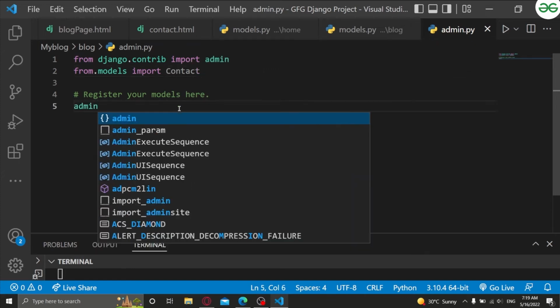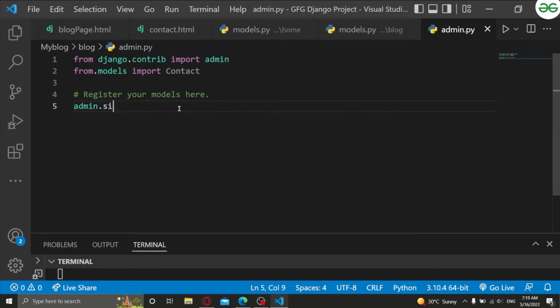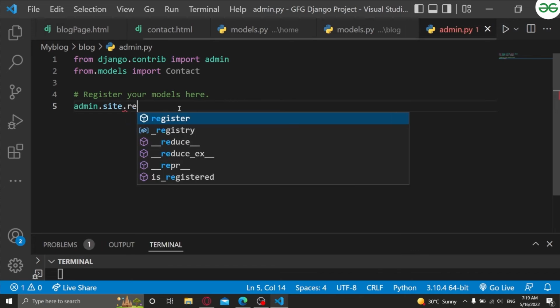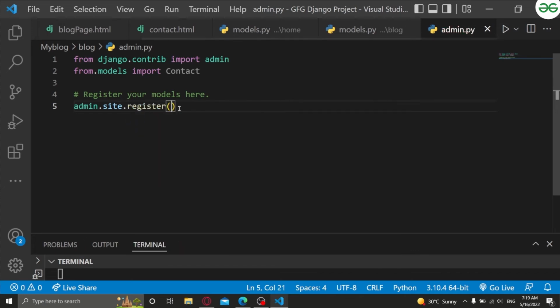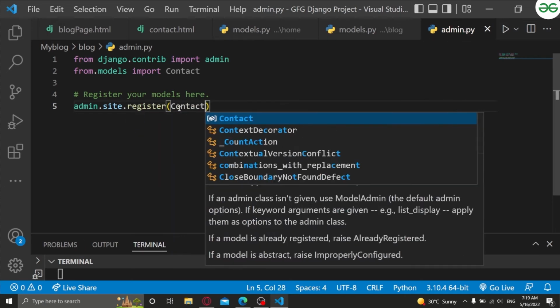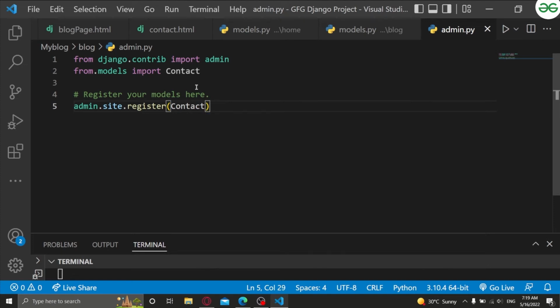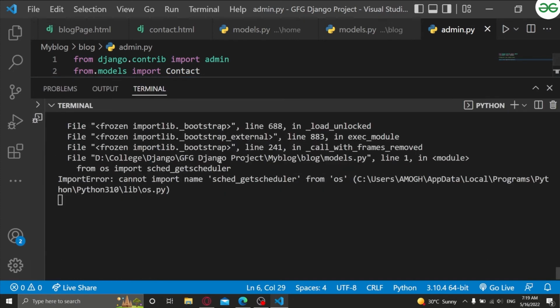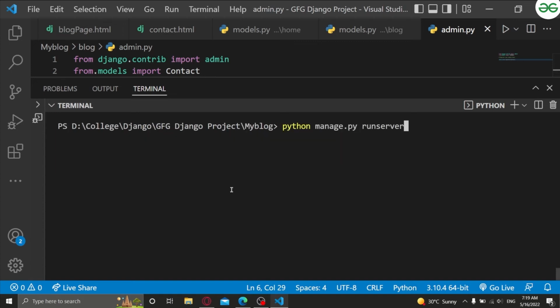Now I will write admin dot site. What I'm writing, admin dot site, means that in the admin side, register a model named contact. Right? What I have written, see, it's simple English. If you read it, you will understand: in the admin side, register a model named contact. Okay? We wrote this, and let's quickly run the server back again and see